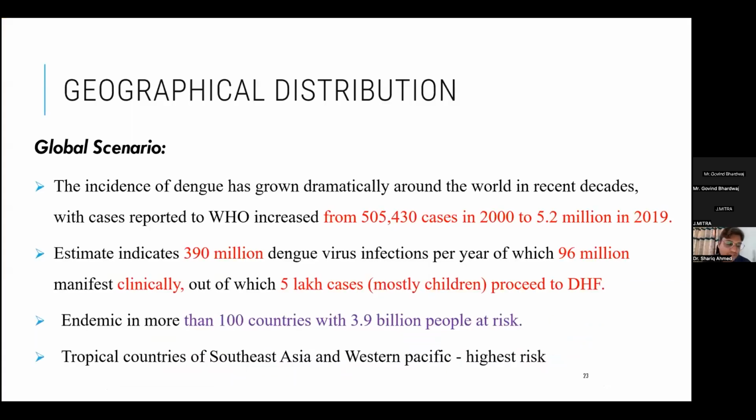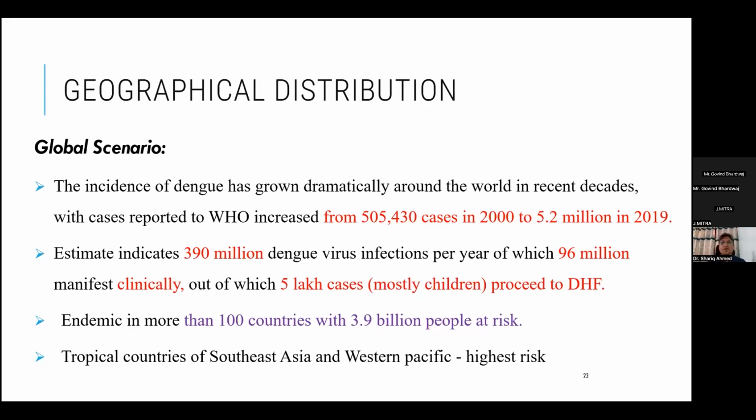Now coming on to the geographical distribution. As we all know, dengue is very prevalent in the Southeast Asian region and the Africa region, although many countries have been affected. There are more than 100 countries in which dengue has become endemic nowadays, and more than 3.9 billion people are at risk. WHO has given this estimate from a study that about 3.9 billion people are at risk of dengue disease